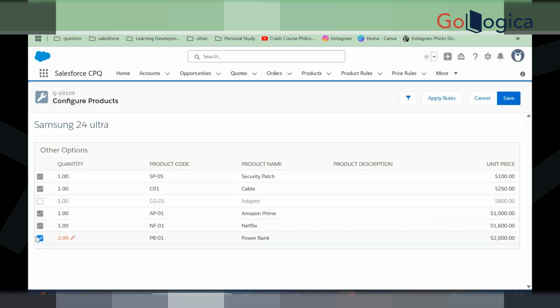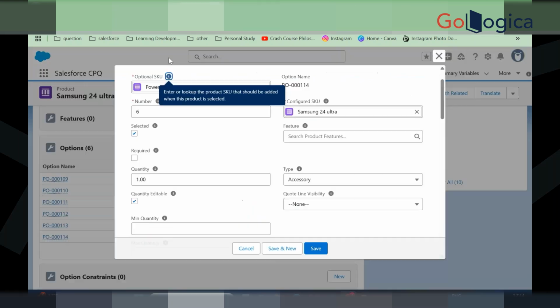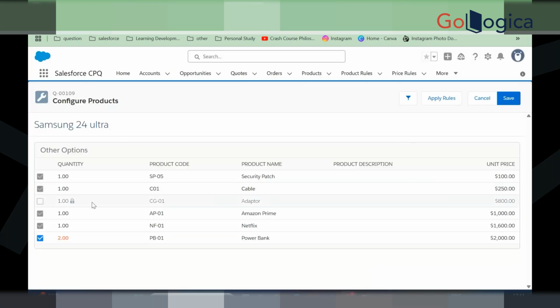On the code level, it will automatically mark the checkbox as true, which means it is already selected. If we mark this checkbox as false, it will pop up like this: you may select, you may not. So here you have to deselect that product if you don't want to buy it. So now if I click on save,